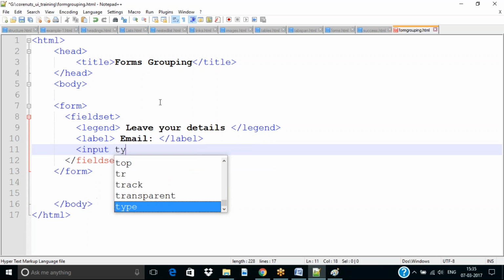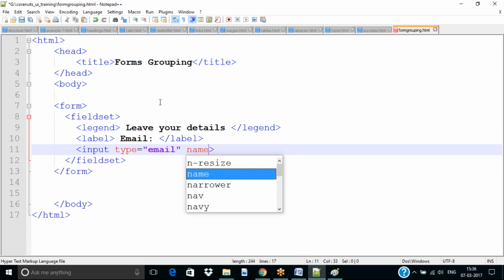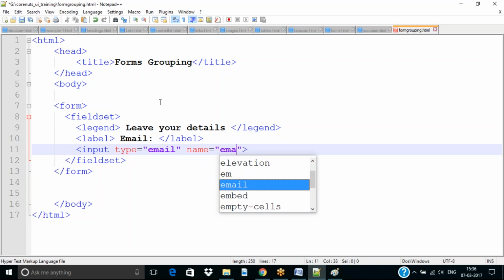ఇప్పుడు ఒక input type is equal to, there is an element called email element, but unfortunately only Chrome browser supports the email. Mozilla Firefox and Internet Explorer will not support the email field. Input type equal to email ని Chrome ఒకటే సపోర్ట్ చేస్తుంది. మీరు Chrome మీద వర్క్ చేస్తుంటే you can use without any issues. So name is equal to email